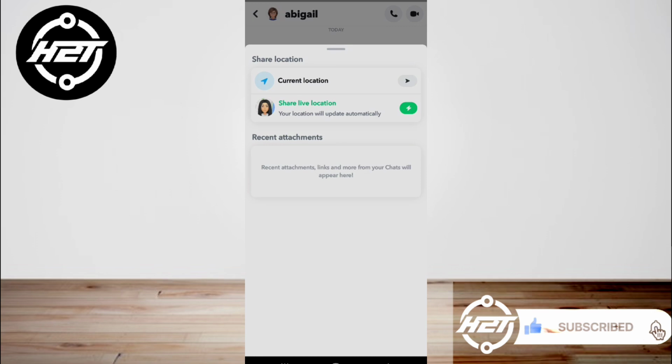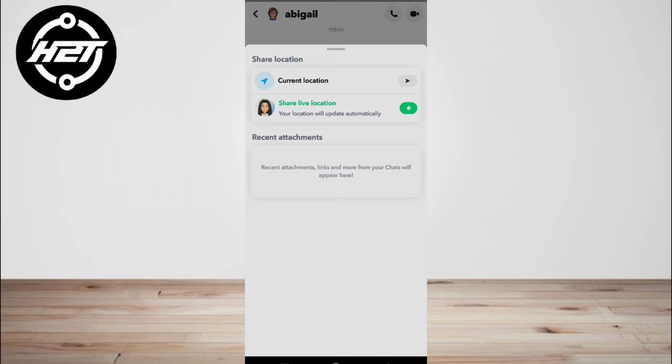Today I'm going to show you how to share live location on Snapchat. Live location on Snapchat allows you to share the exact location of where you are with your friends and loved ones on the map within a short time. It is a simple system that allows you to track your safety measures in real time or even meet up